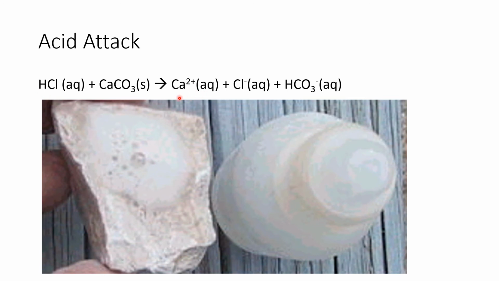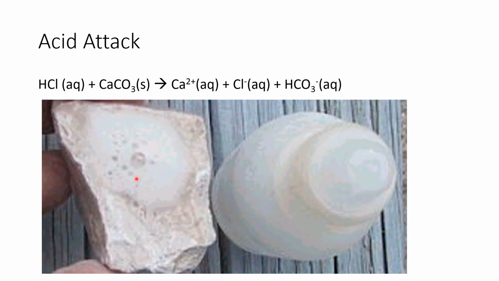And so what happens is this will dissolve H plus and Cl minus into solution, and the H will attack this calcium carbonate structure, putting the Ca, the calcium, into solution, and the Cl is still in solution from the acid. But now the H went and got in the calcium's place on the CO3, and you have some charge balance stuff going on with this, so that you keep it.